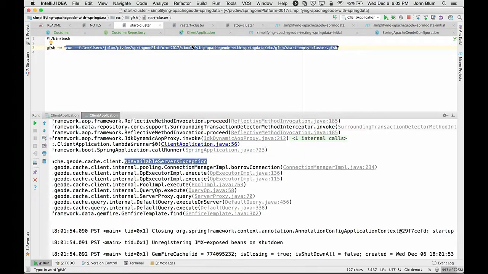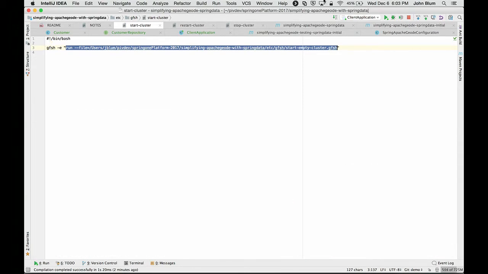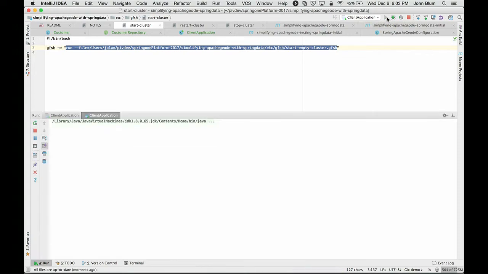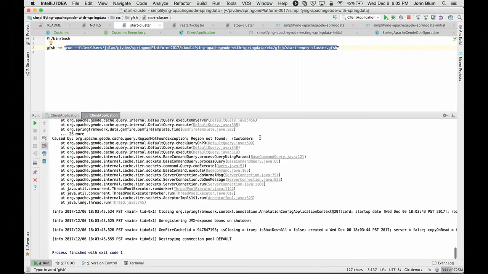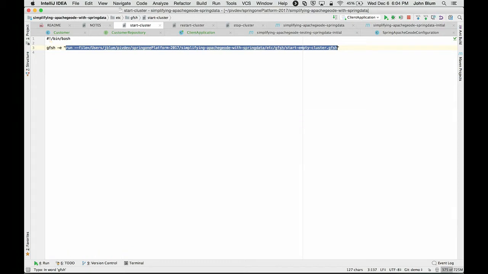All right, so now we have a server running. Is it going to work this time? It didn't work. We don't have a region on the server yet. So I could use gfish and create the regions, right? But like I said, if I have hundreds of regions, maybe when I'm developing, I don't want to do that. So I provide some additional help for that as well,